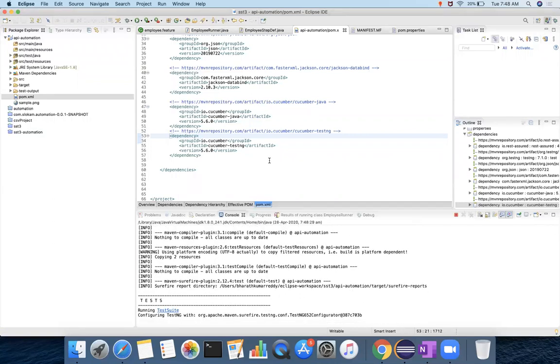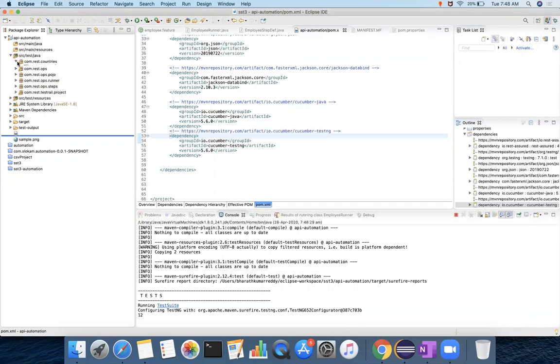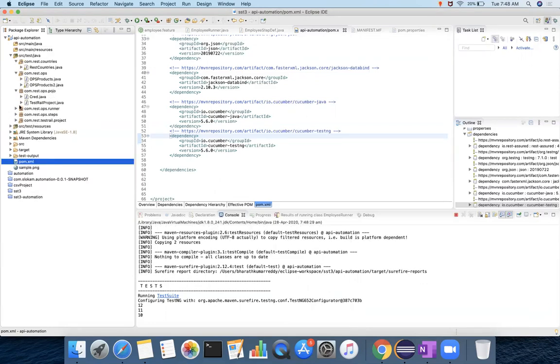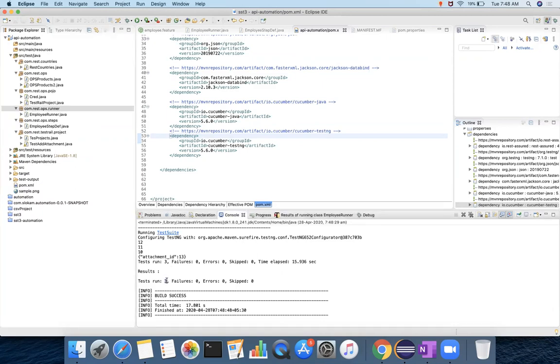Which test case has to be executed? That's very important. In your src test java, there are a lot of test cases that we have written inside it. You remember that, right? See how many test cases have been executed here? 3 test cases have been executed.